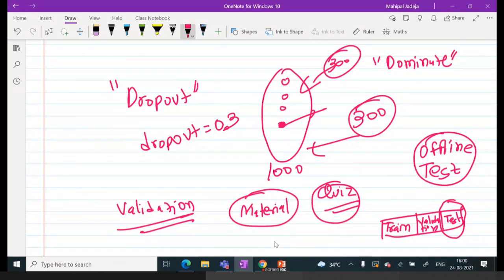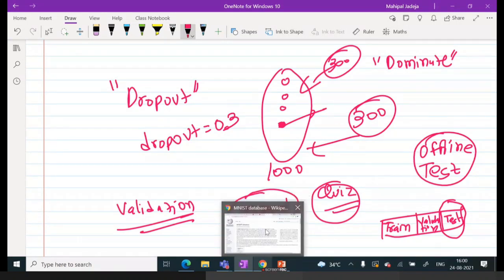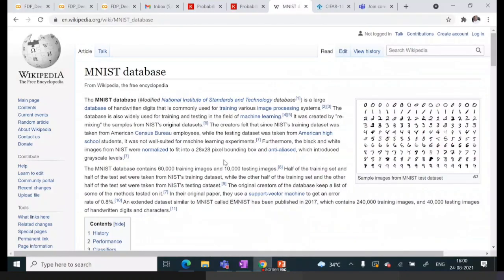Okay, fine. So let me consider this MNIST data set. We have already seen how it looks, right? It's the Modified National Institute of Standards and Technology database. So what I'm going to do,